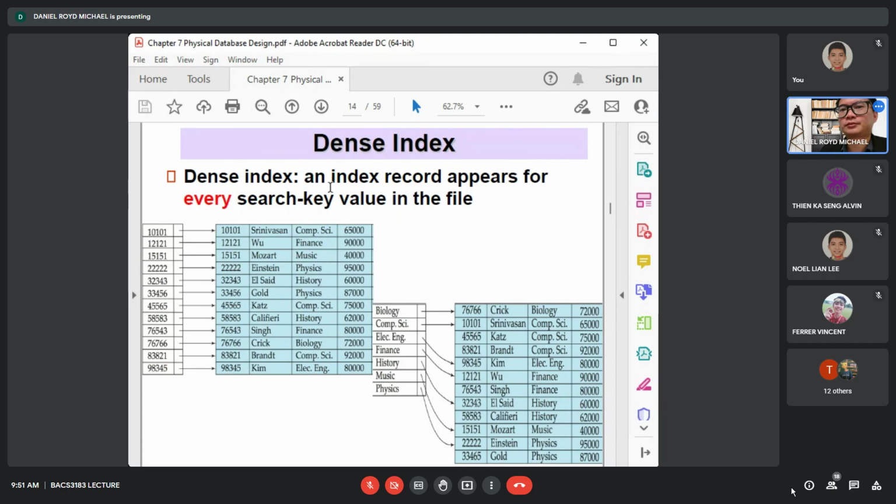Column can be developed. The big key value of this column can be computer science, finance, music, and so on. You get an order like this one: biology, computer science, electronic engineering, finance, history, music, and physics. Then it will appear like this when you order them according to the field